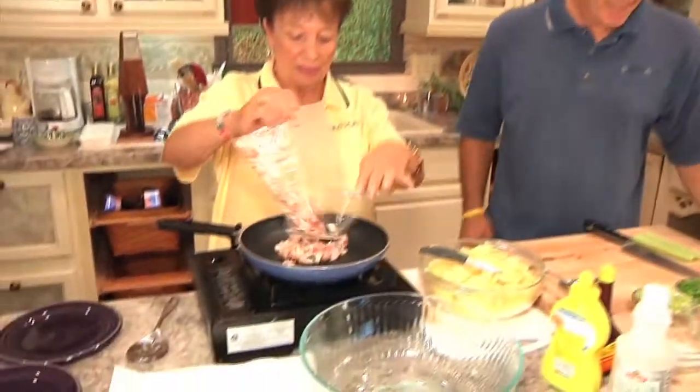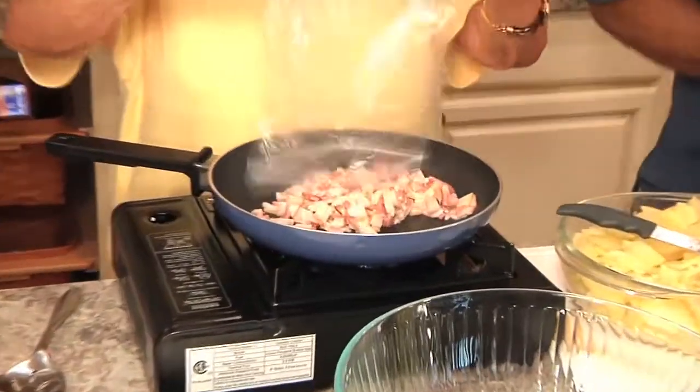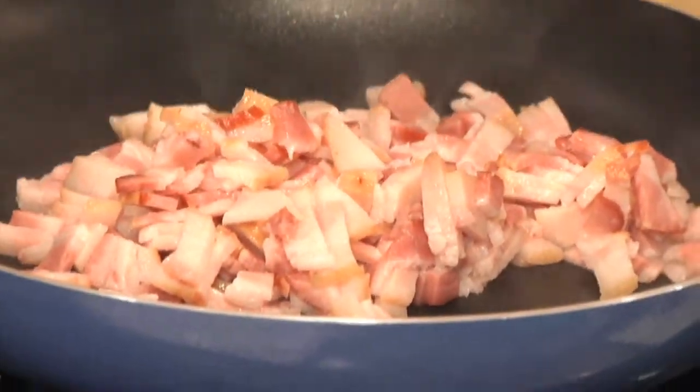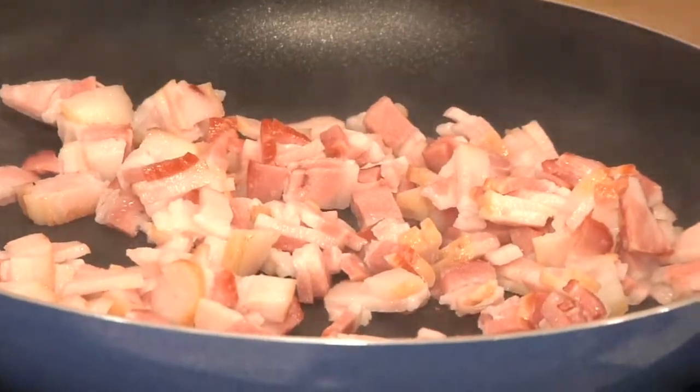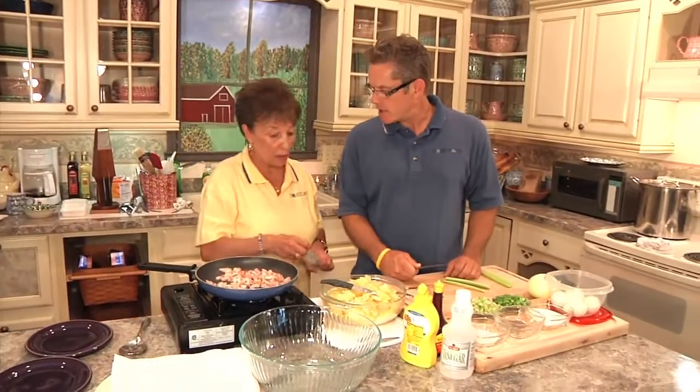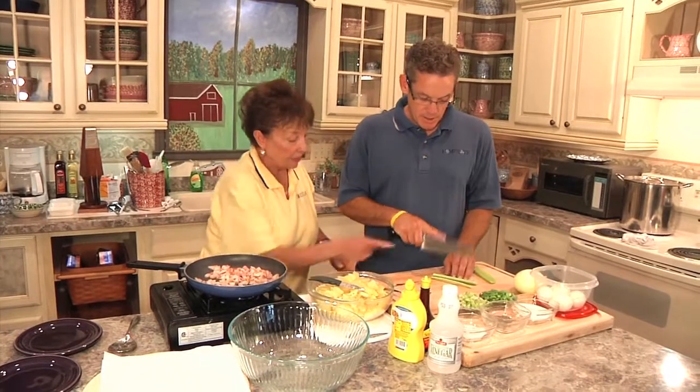Yes. Now we're going to put the bacon in here. I like slab bacon. Don't get the one in the package. I always get my bacon at Rulli Brothers. They've got the best bacon. And you can even ask them to slice it how you want it, like you've done with other dishes. Yes, you could have a whole slab. And then I need to cut up a little bit of